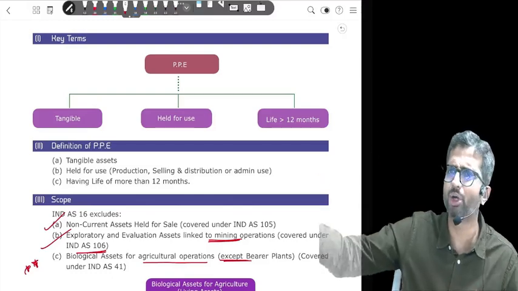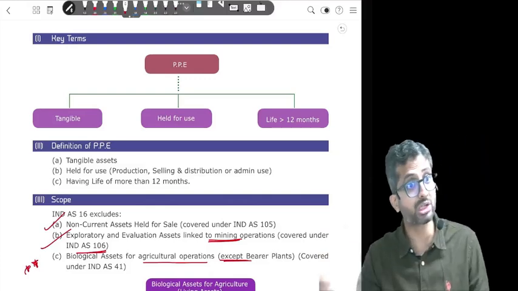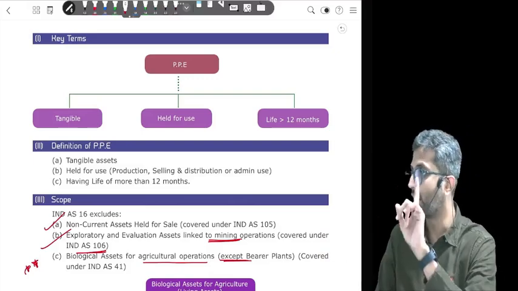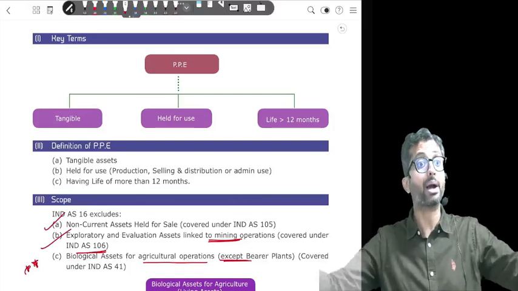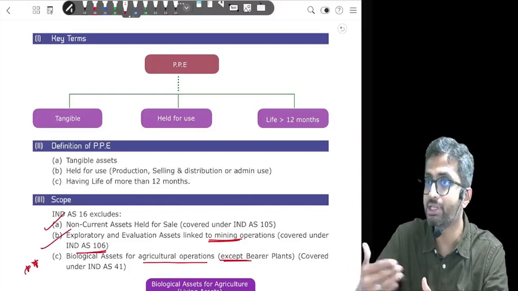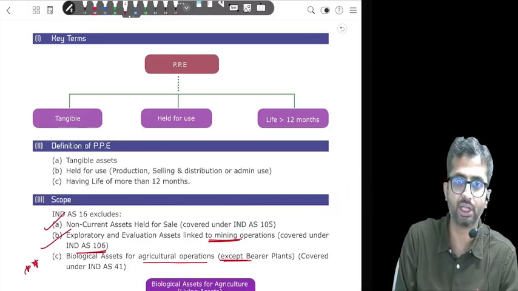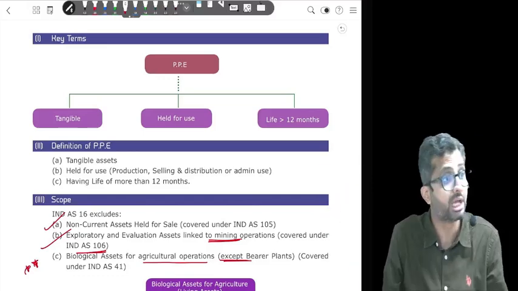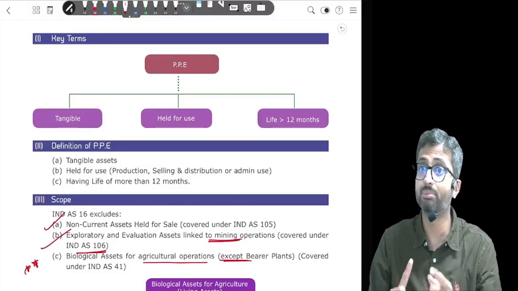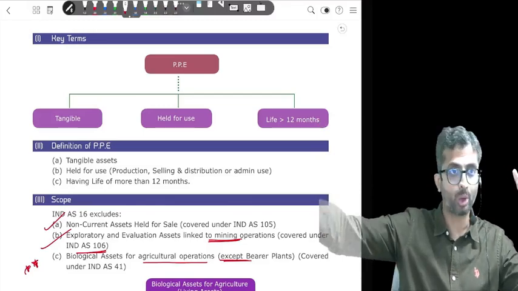For me to be a bearer plant, my life has to be more than 12 months. Does a coconut tree survive beyond 12 months? Similar is the mango tree, etc. They survive beyond 12 months. A bamboo tree also survives beyond 12 months, but the bamboo tree itself is the produce. So for it to be a bearer plant, it has to bear produce, but at the same time, it should not be an annual crop. It should not have a life of less than 12 months. If it is less than 12 months, we will not take it within the Ind AS 16 principle, because if it is Ind AS 16, it is PPE, but PPE has to have a life of more than 12 months. So for something to be a bearer plant, very important, first, it should bear produce. Second, it should have a life of more than 12 months.